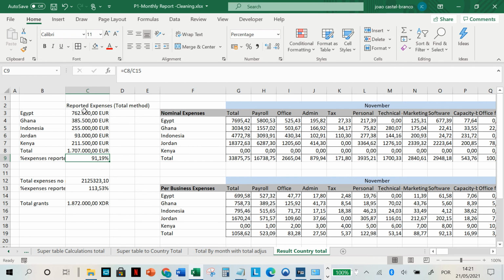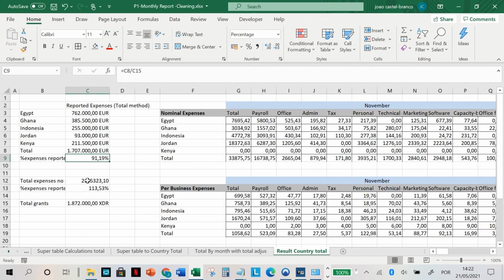So here is the total amount reported, already with the adjustment. It gives this value, which divided by the total amount in grants, which is 208 multiplied by 9,000 per business, means we have reported 91% of expenses